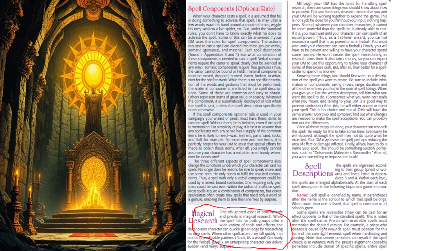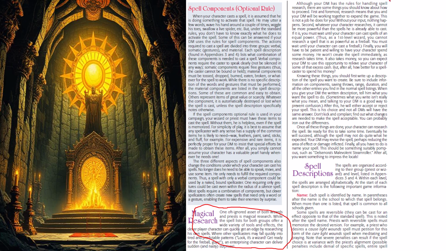So next here, we're going to look at spell descriptions. Again, we're not going to go through all of the details. We are just going to say that you, as a player, and your dungeon master need to understand all of the different aspects of these spell descriptions, from name to the school of magic, the sphere of magic, the range, the components, the duration, casting time, area of effect, saving throw, and the spell's description. These should all be known by the player and the dungeon master so that you create a limited amount of time having to reference back to a book.